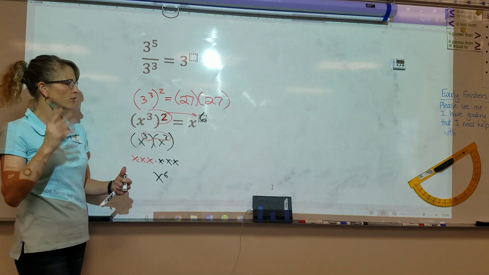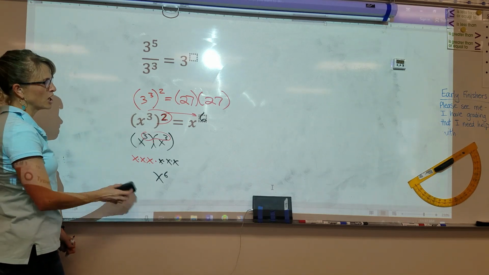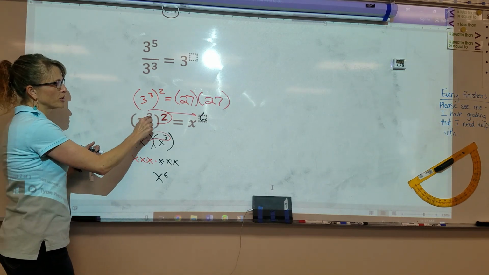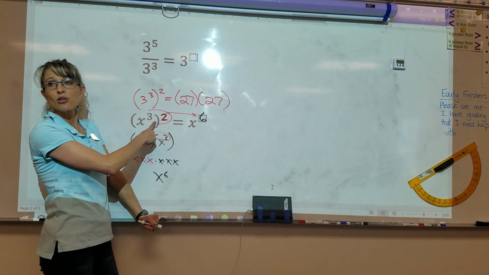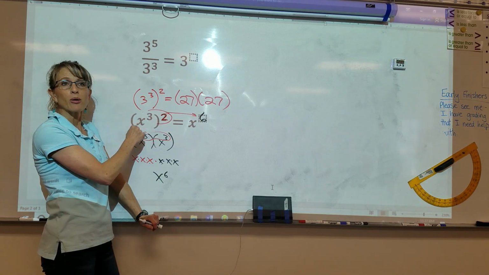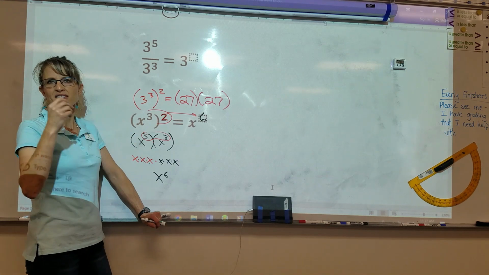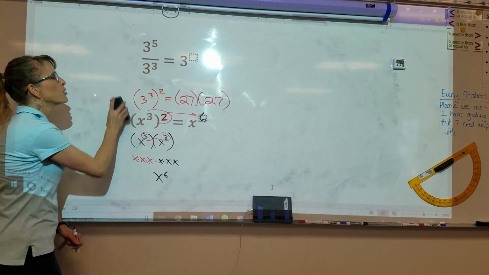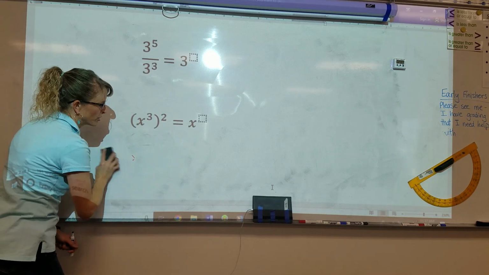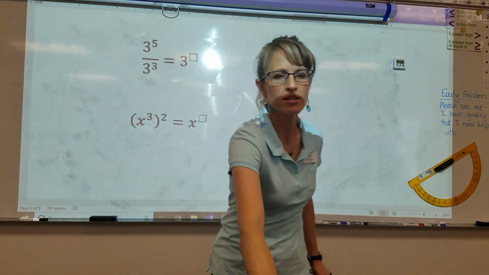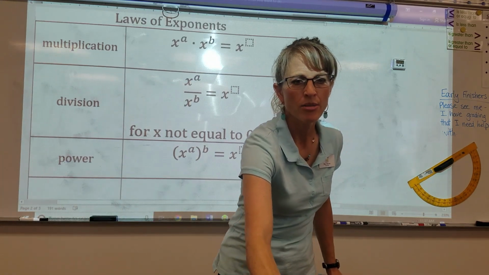Questions are great. If you have questions, that means you're really thinking and wondering. All right, so what's our relationship between 3, 2, and 6? The relationship is multiply. If you have a power to a power, you multiply the exponents. What do we do to the exponents? Get ready? Multiply. So we're going to give you the general property table right here and make sure we're